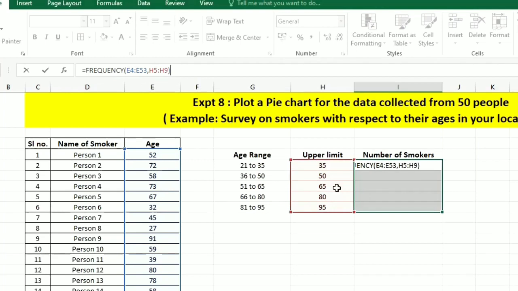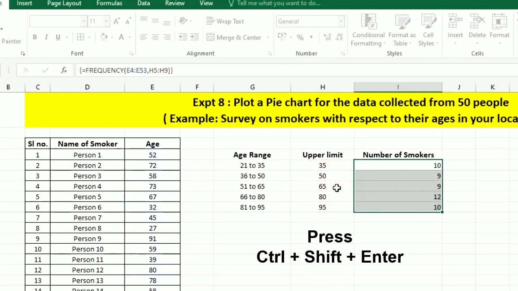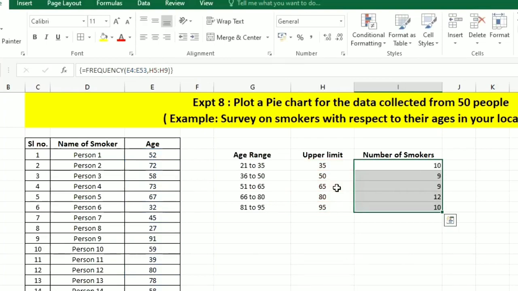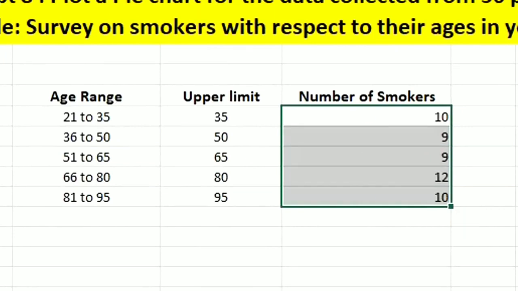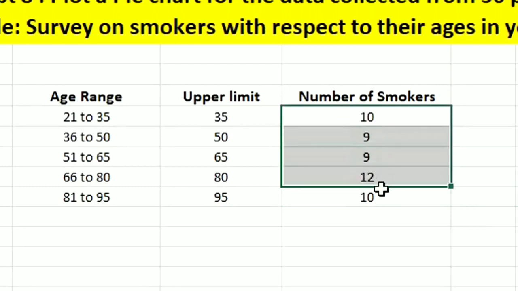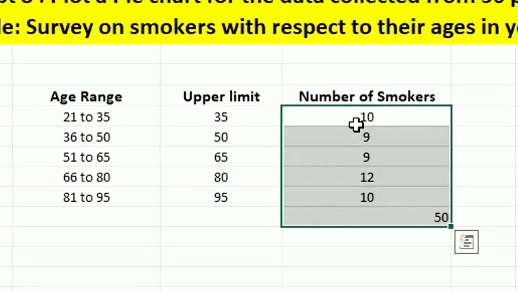Next you need to press Ctrl Shift Enter. Once I press Ctrl Shift Enter, you can see here you got all the frequencies. If I add all these frequencies, we need to get 50. So here we are getting 50, correct? The total is 50.